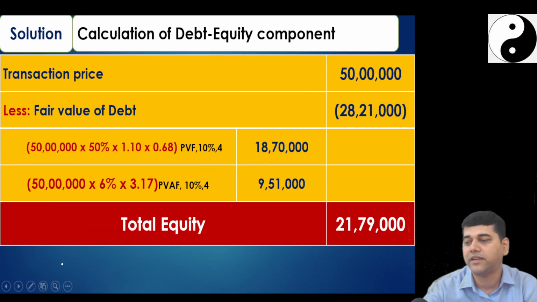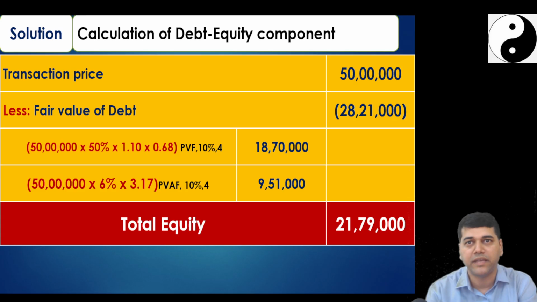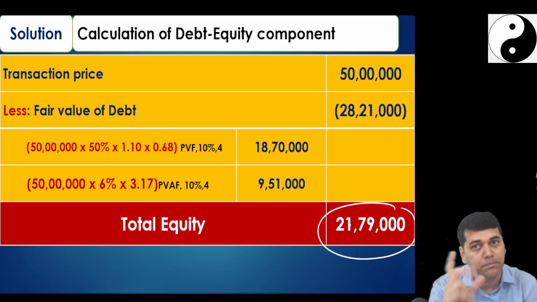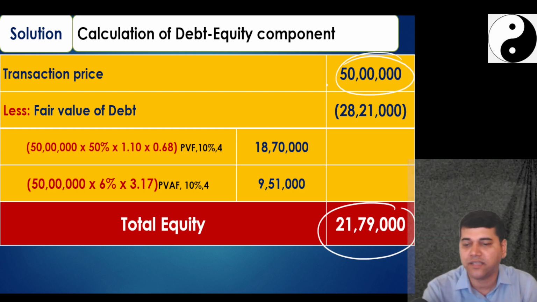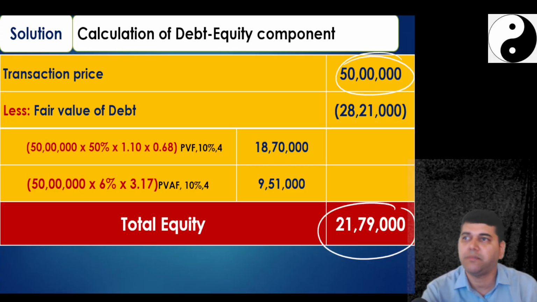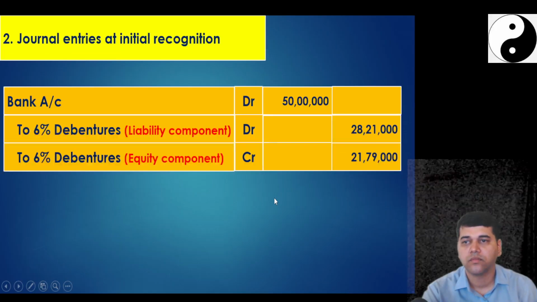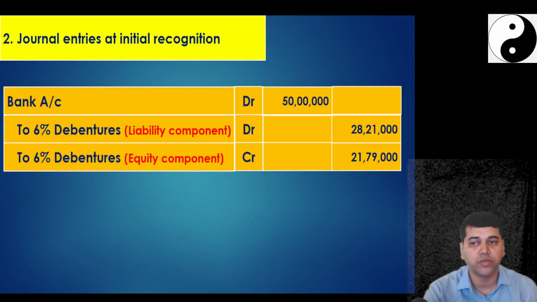And what is your accounting entry? Simple. Will pay. So that's why equity is not a big amount you will get. Why? Because it's actually a fixed-for-fixed test. Now today you received a fixed 50 lakhs, and you're going to repay only half of it. The balance is 50. So your accounting entry will be bank account debit, to 6% debenture liability component,